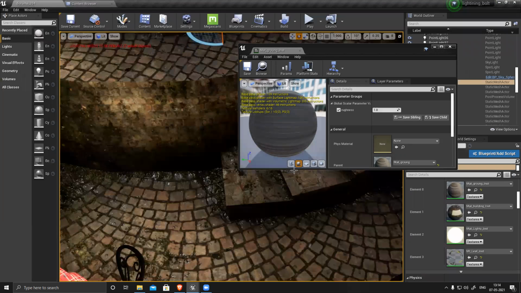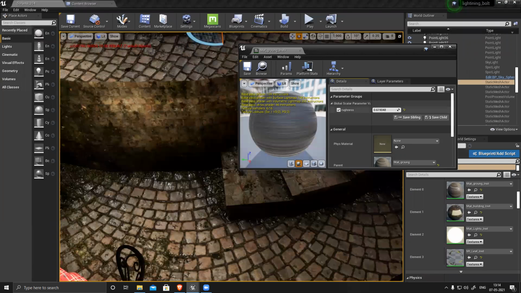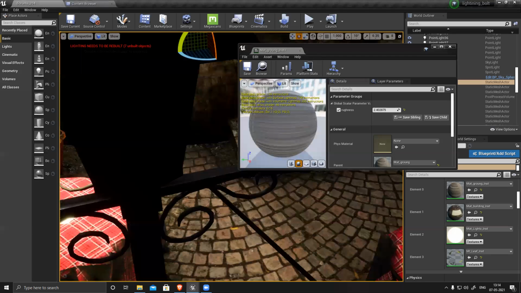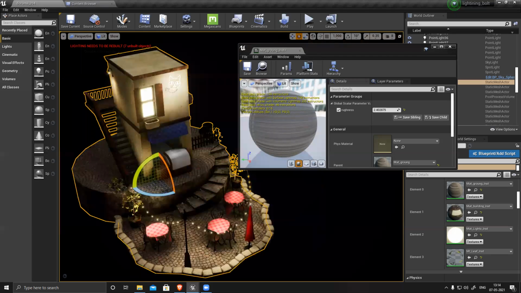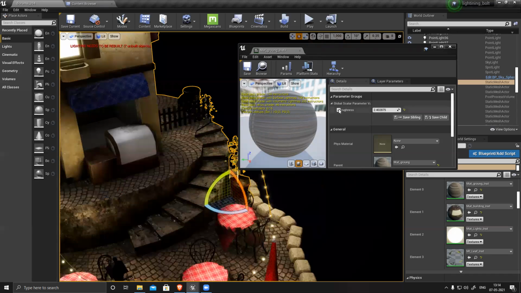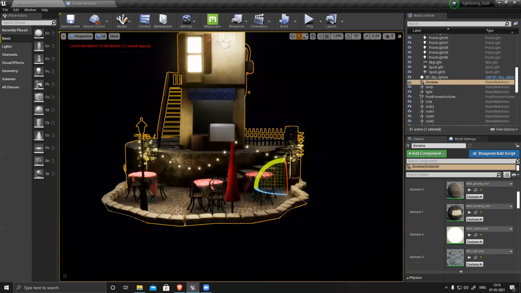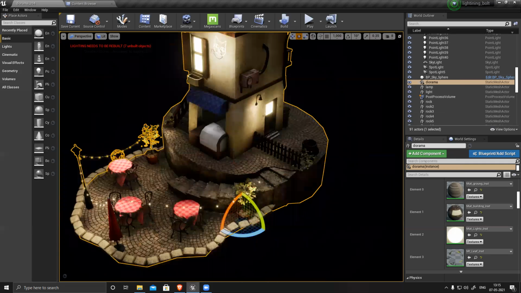Now this is too glossy. If I increase the roughness, it reduces the glossiness. So with the help of this, I can control it. See, it was like this, now like this. I can control my glossiness with this and clean my scene.